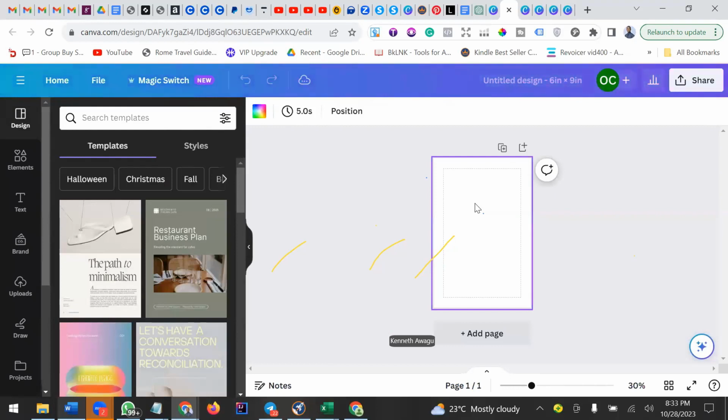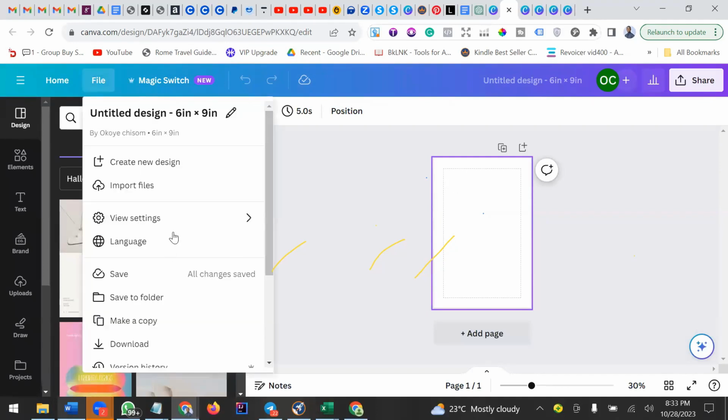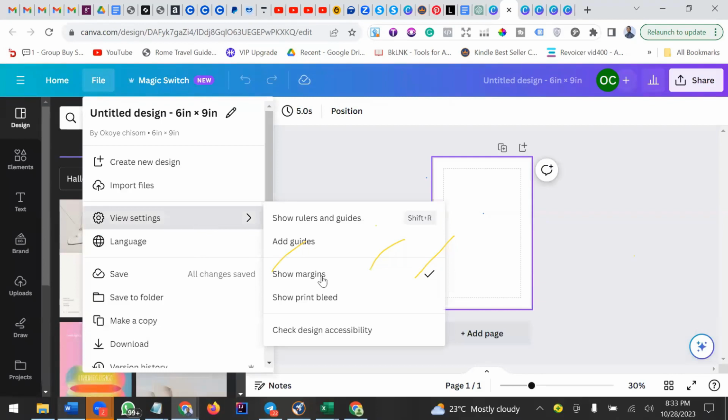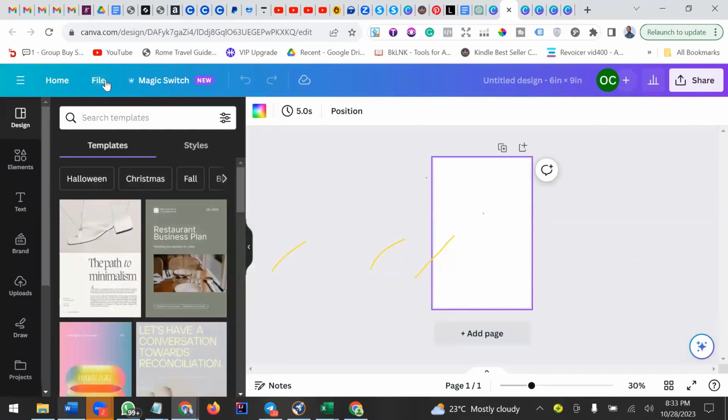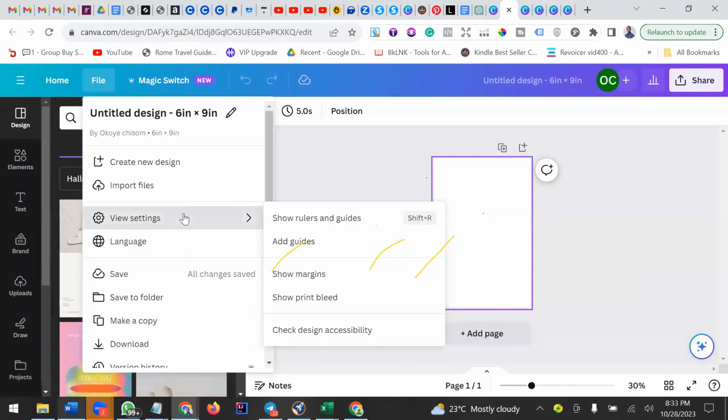Then the first thing I ask myself is, this book I want to create, do I want it to be bleed or no bleed? If I want this book to be bleeded, that means I will have to create my book outside this margin. I already set this margin to be here. You can see if I remove it, it will go. So I always create books